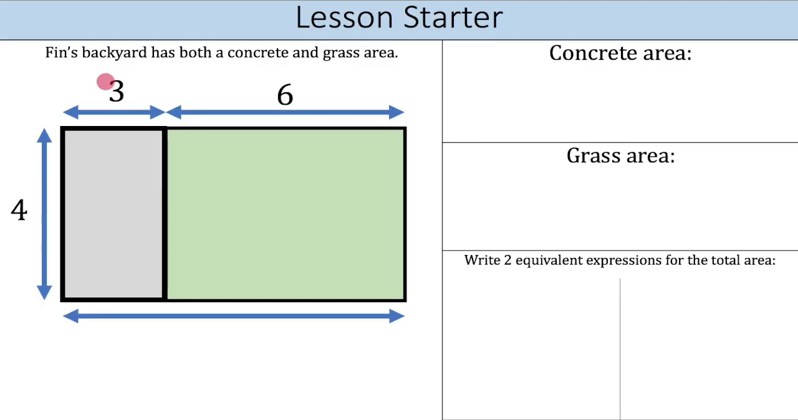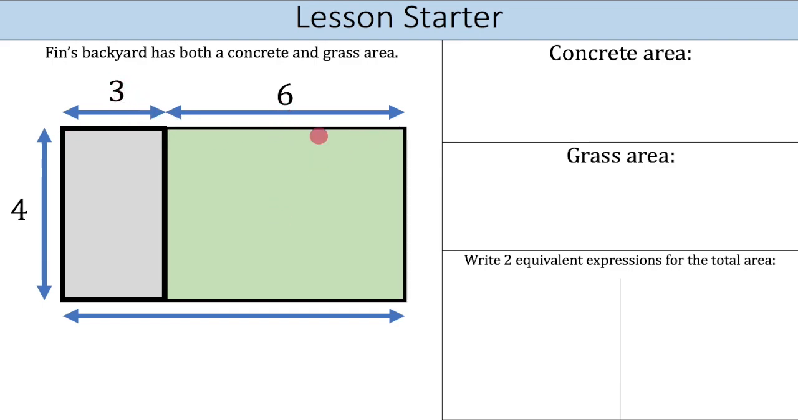Let's begin this lesson by talking about Finn's backyard, which has both a concrete and a grass area. So here's the concrete area and here's the grass area. Now we know that the width of Finn's backyard is 4, but we don't know what the length is. We know that the length of the concrete area is 3, and we know that the length of the grass